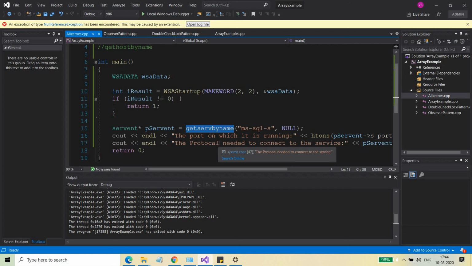And after that, when it is connecting to the service, it will just use the protocol that has been returned by this call. Okay, so this is the way you should use getservbyname, and this API is very useful when you are writing any client application.